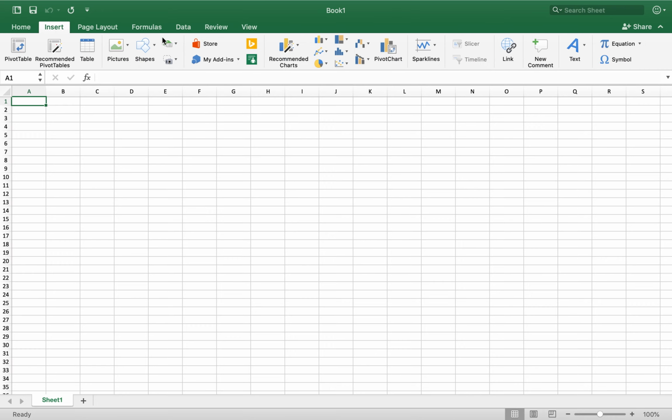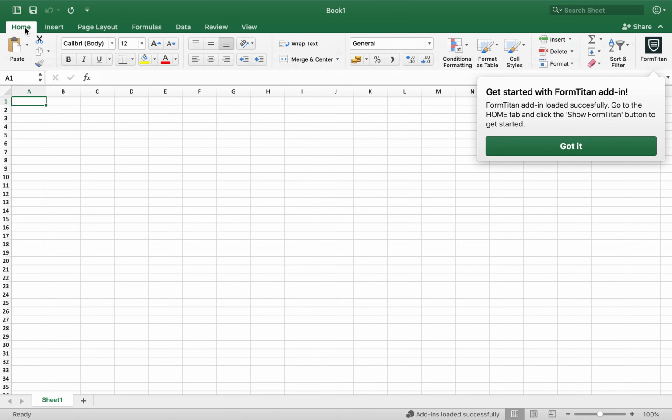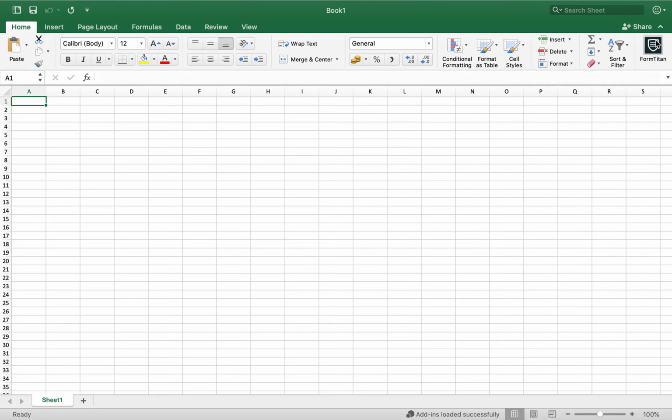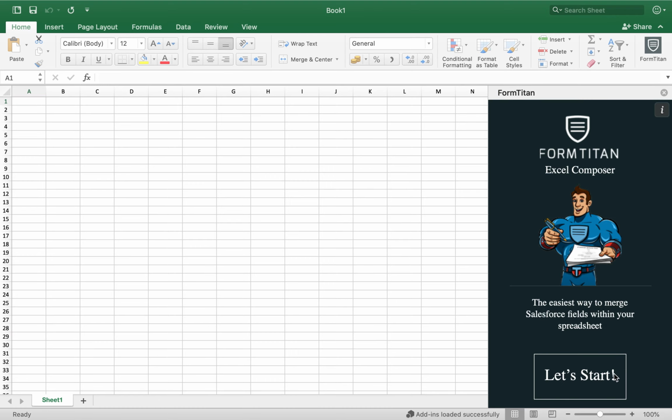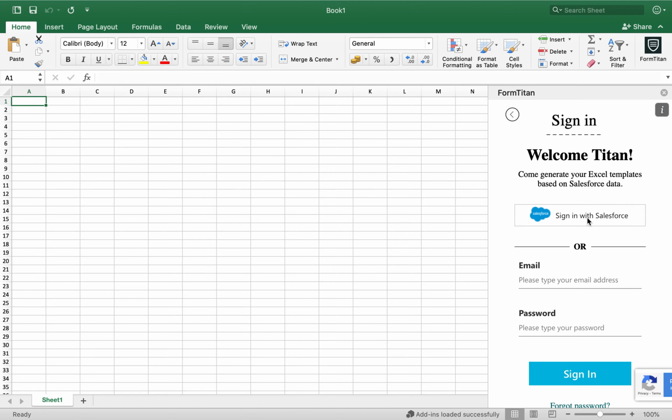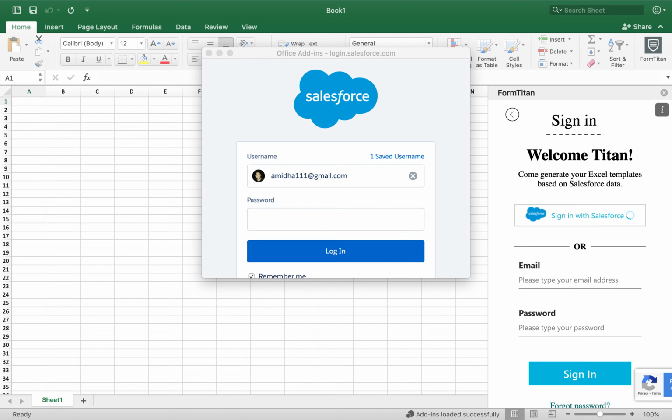So go to your My Add-ins, make sure you have it installed, and then go ahead and log in by clicking onto the Form Titan add-in. You need to log in just the way you would log into the Titan Form Builder. So here we are. Now just gonna get my password and enter it